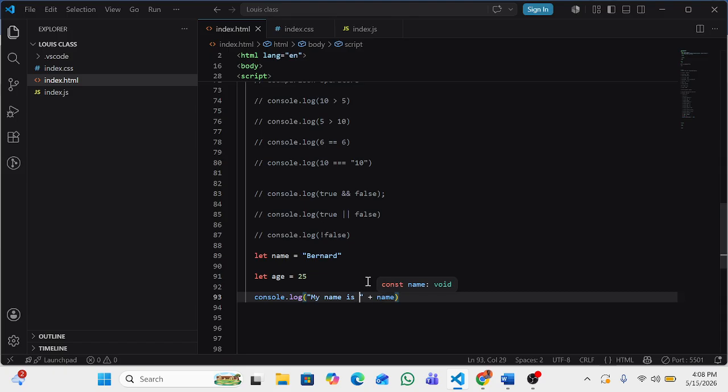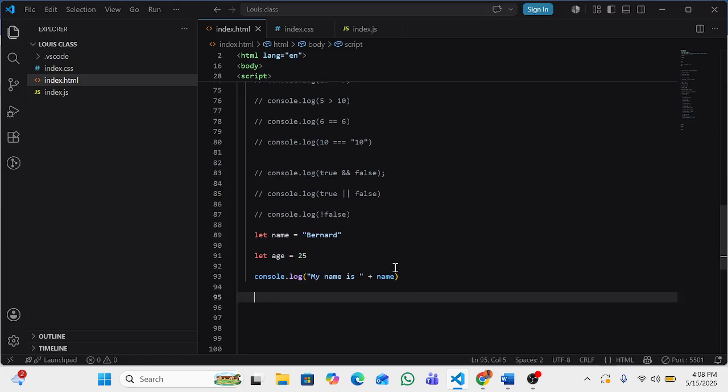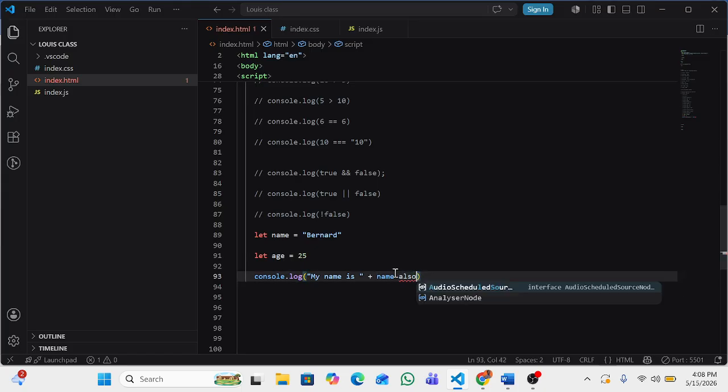Remember, this variable name represents what? It represents the value. So I add it to what? To the string. This is a string. Do you understand? Then also my age. My age is